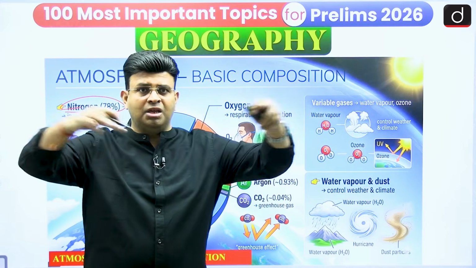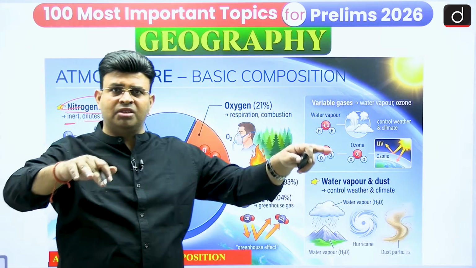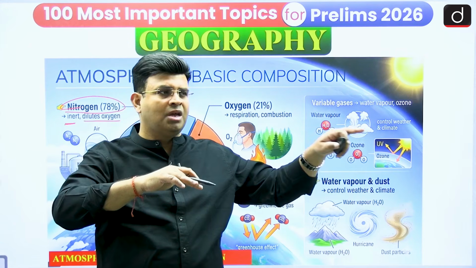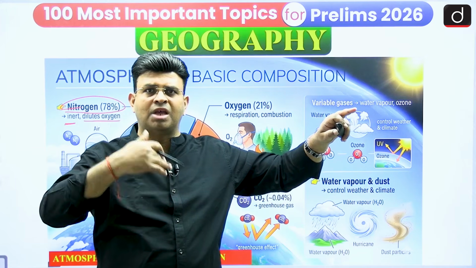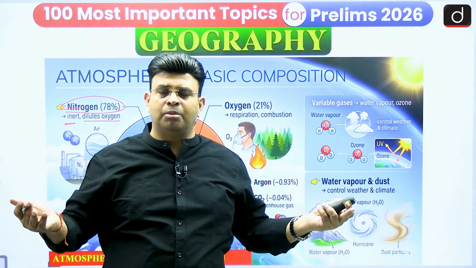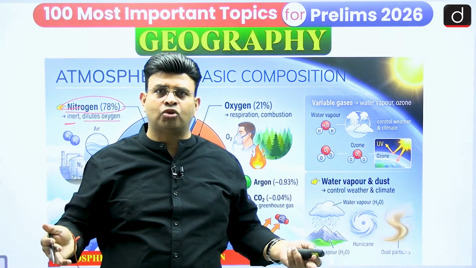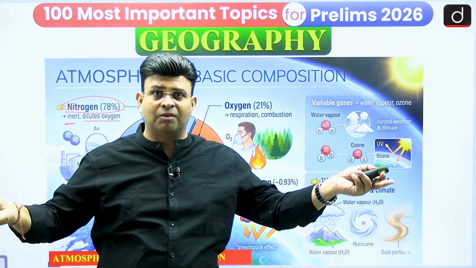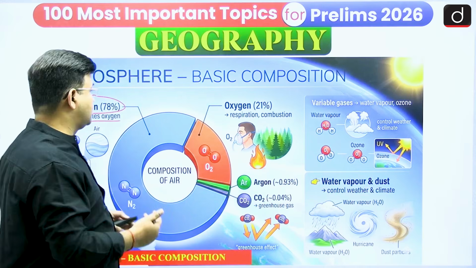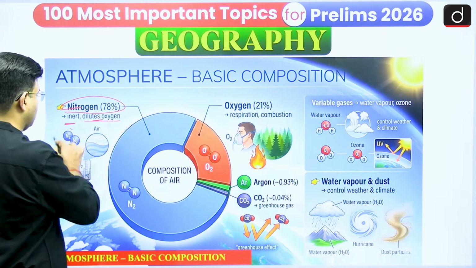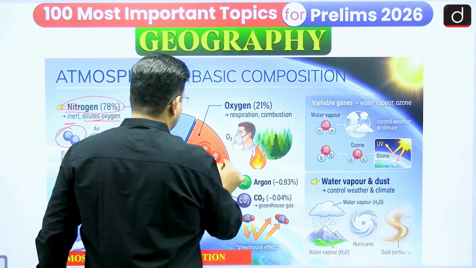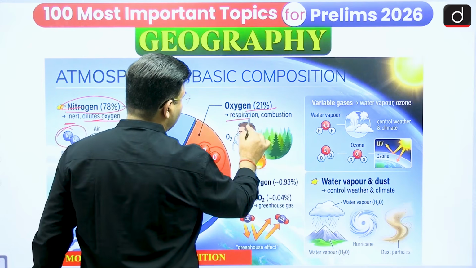Suppose there is a fire in air with 78% nitrogen and 21% oxygen. After a certain period, when the 21% oxygen has been utilized, the fire will stop automatically, because only nitrogen is available there. So nitrogen helps in diluting the effect of oxygen. So here it dilutes oxygen. Is it okay? And oxygen is 21%, it helps in respiration,